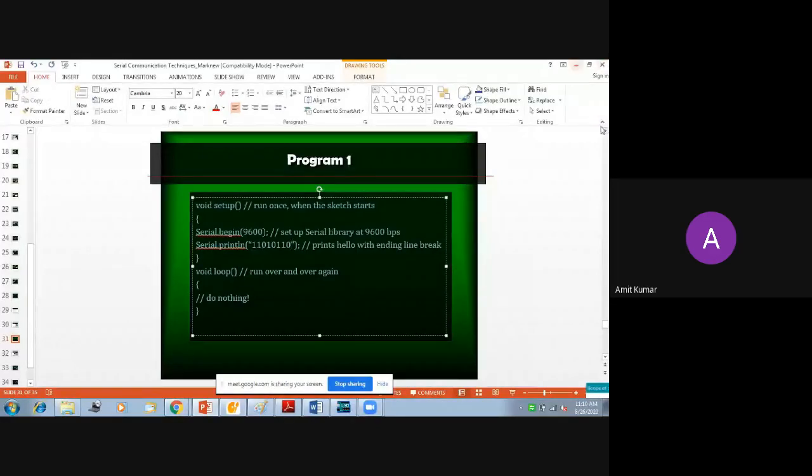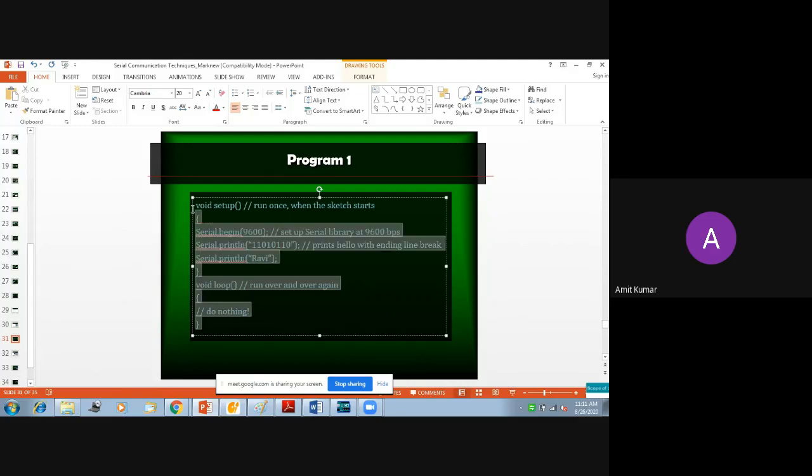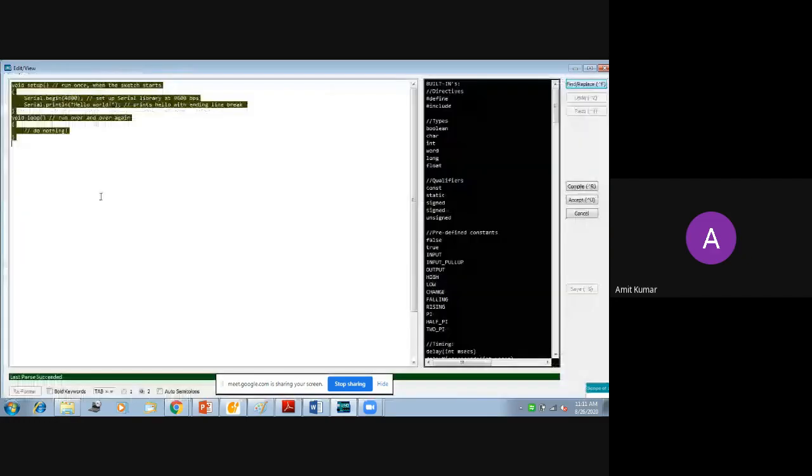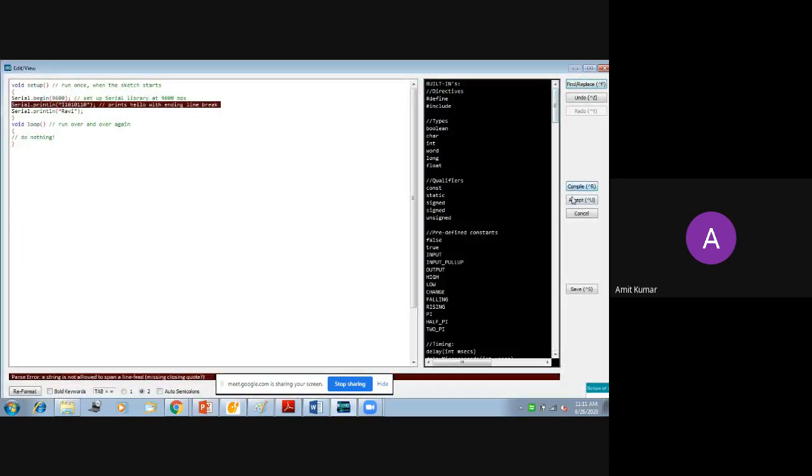And you have to add another instruction, another Serial.println, so that you can print another line which will represent your name. You can name it anything. So if you copy and paste here, this will compile.